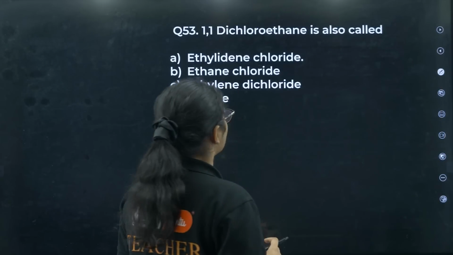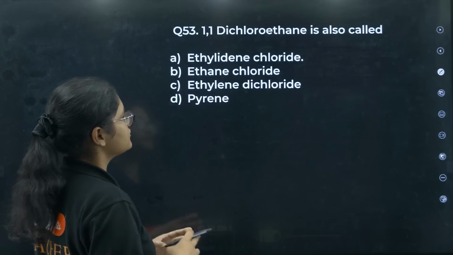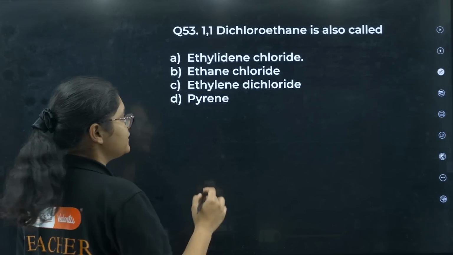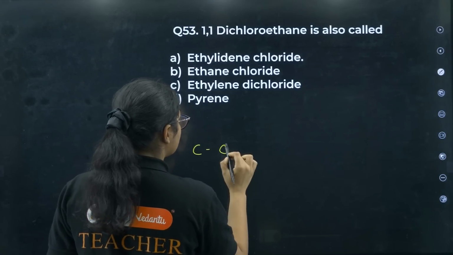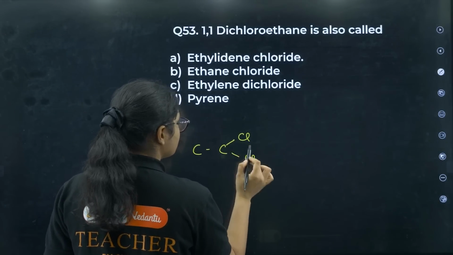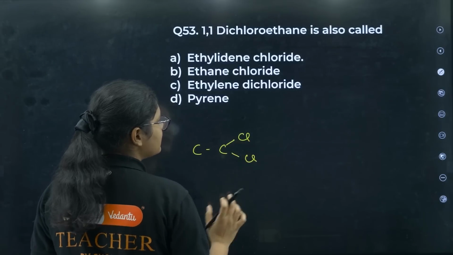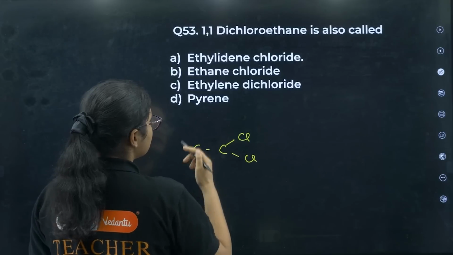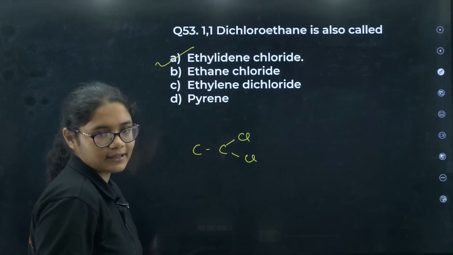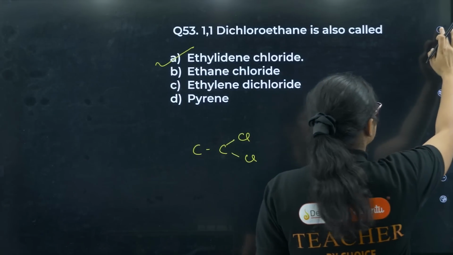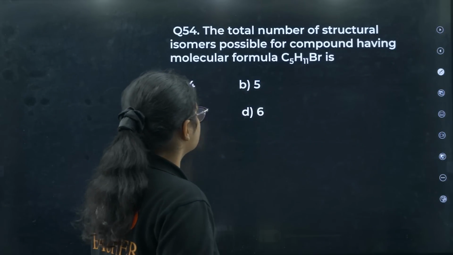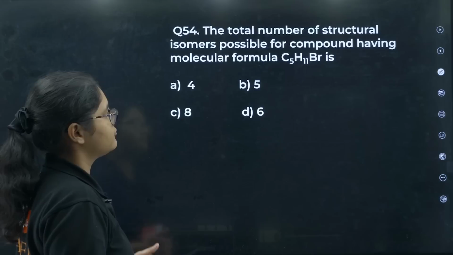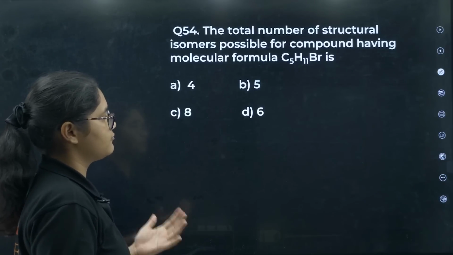Okay, next we have 1,1-dichloroethane is also called as, so it is a geminal dihalide. So you can see 1,1-dichloroethane, right? It is a geminal dihalide, and the common name for this one is your ethylidene chloride, option number A. Okay. Next, we have the total number of structural isomers possible for the compound having the molecular formula